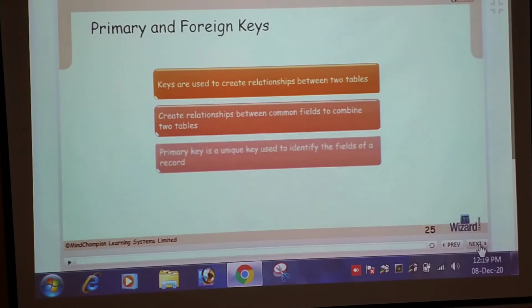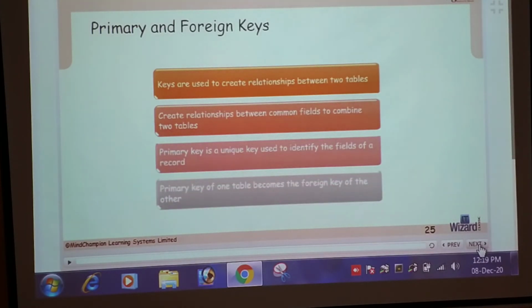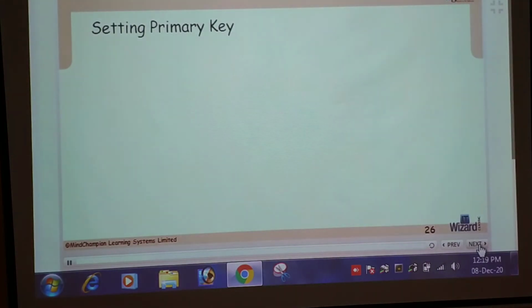A primary key is a unique key used to identify the records. Suppose each roll number has one record, with no duplicate roll numbers. So roll number is a primary key. The primary key of one table becomes the foreign key of the other.